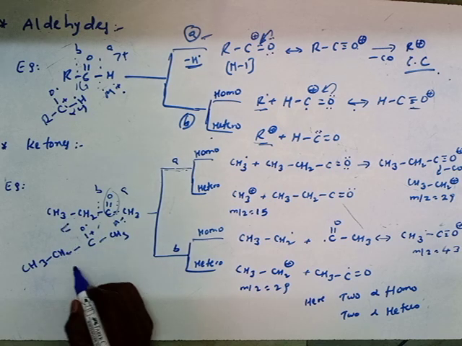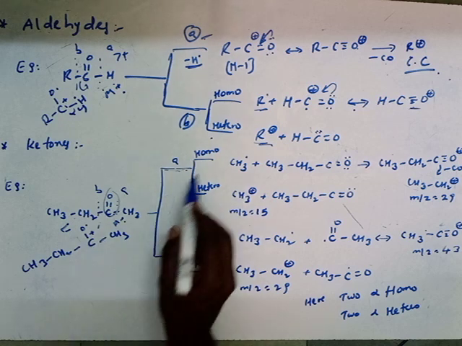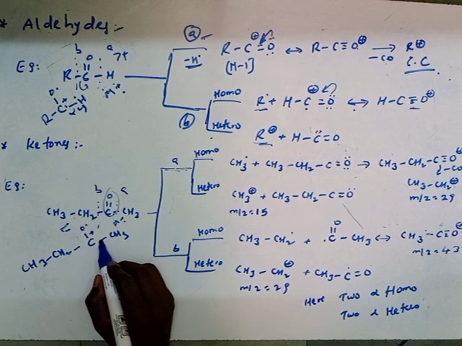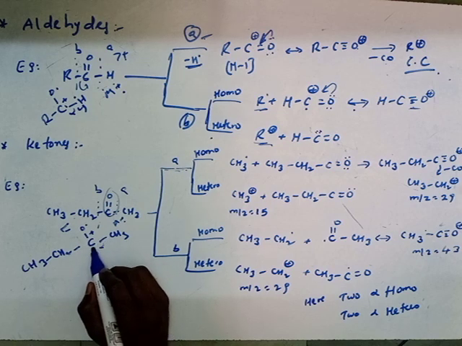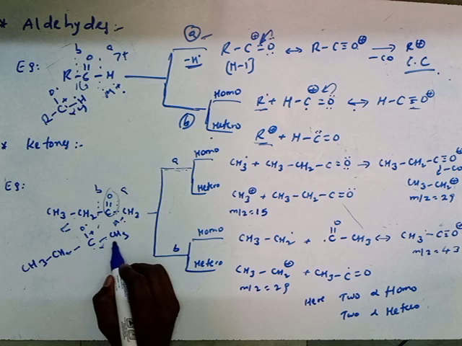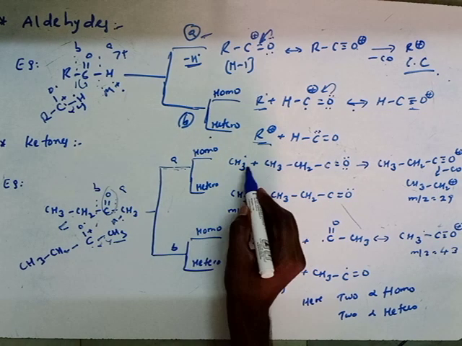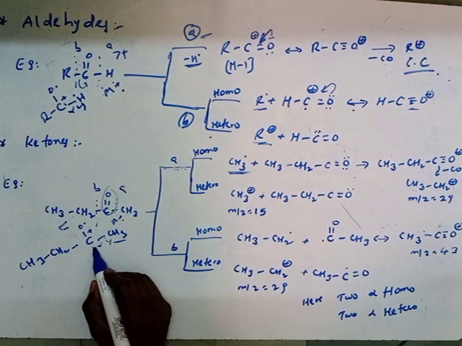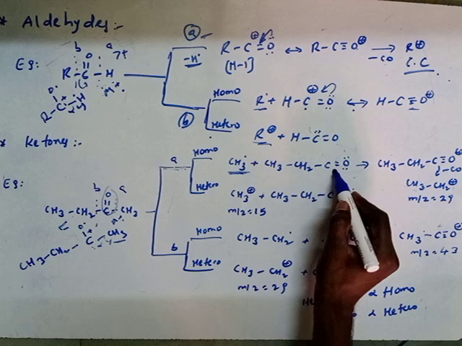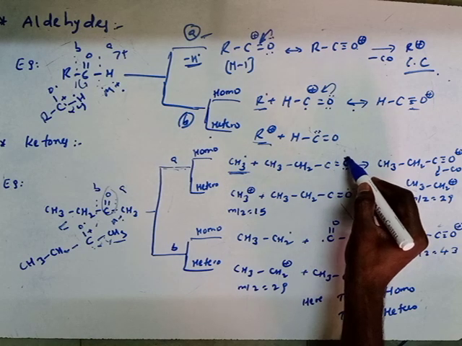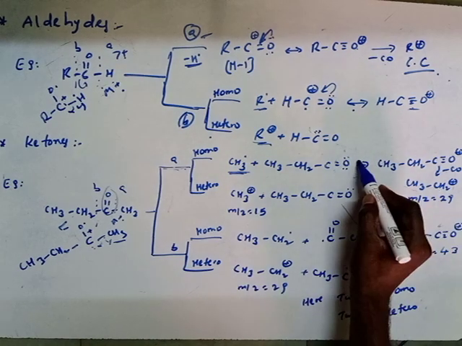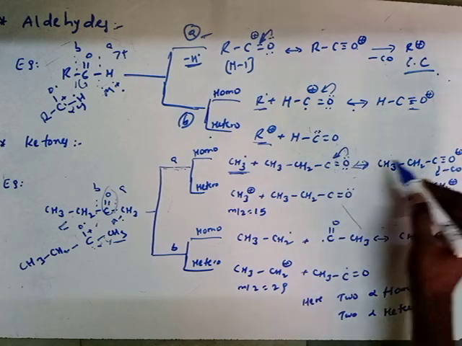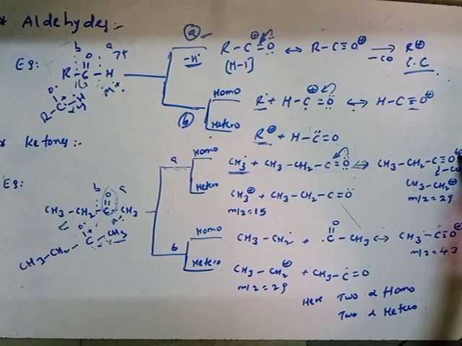This is similar to here. This one will first undergo homolytic cleavage. Homolytic means this bond is cleaved, and two electrons are shifted: one electron shifted to here, and another electron shifted to here. Okay, so a methyl radical will be removed. This is the methyl radical. Another electron and this electron will combine to form C double bond O. Okay, and this double bond will undergo rearrangement, meaning resonance structures. It will move here, and the loss of an electron takes place. That's why it is a positive charge.